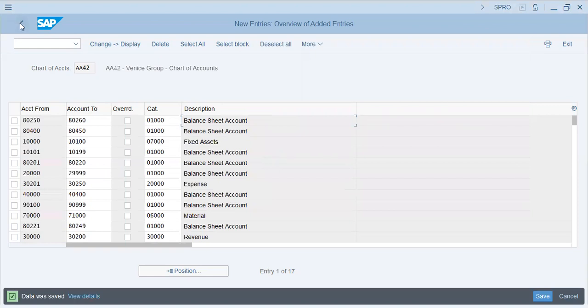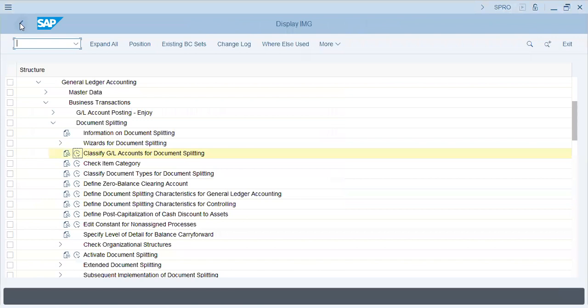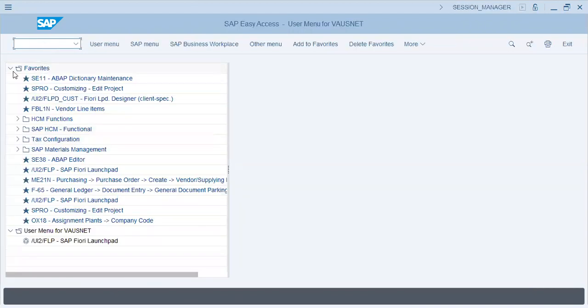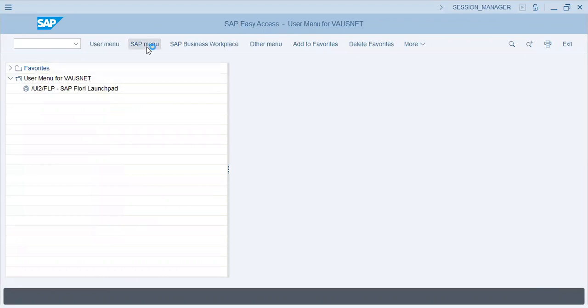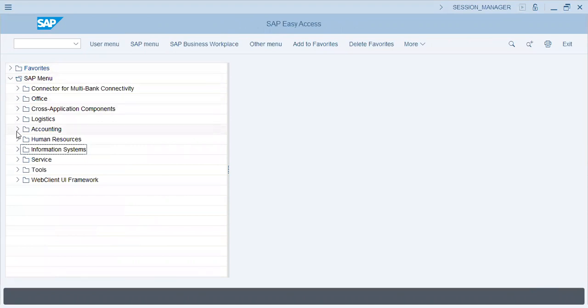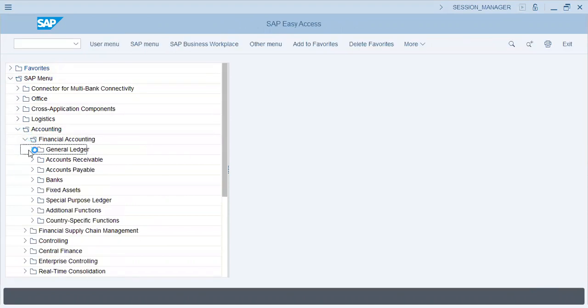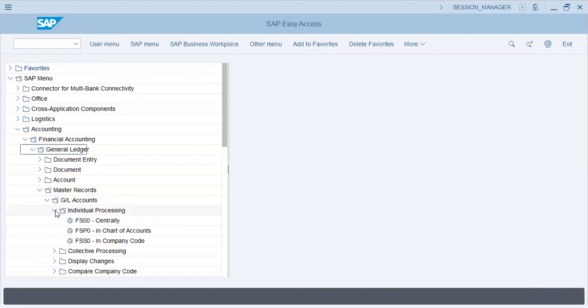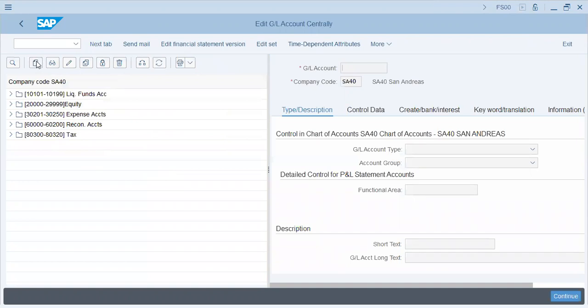Okay. Next. Item category. Okay. Document types. Zero balance clearing. Okay. We go to front end and we go to SAP menu, accounting, financial accounting, general ledger, master records, GL accounts, individual processing centrally, new,